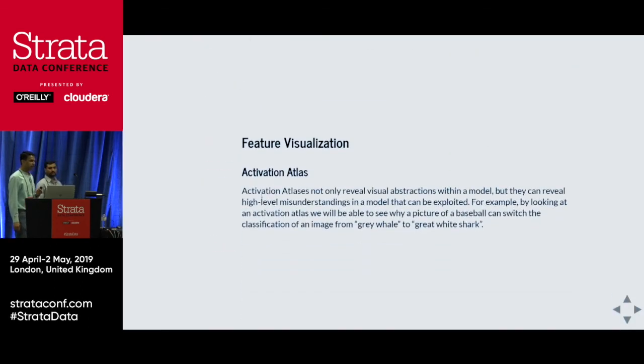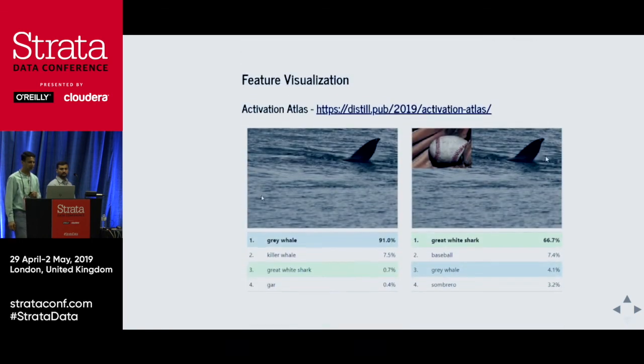Activation Atlas, and this is a very big post that's been running around for quite some time, is a very cool project around visualization and feature inversion and understanding what networks are learning, not at the end but at every single layer, and it's a combination of every single neuron in this layer. So this is a very nice example.